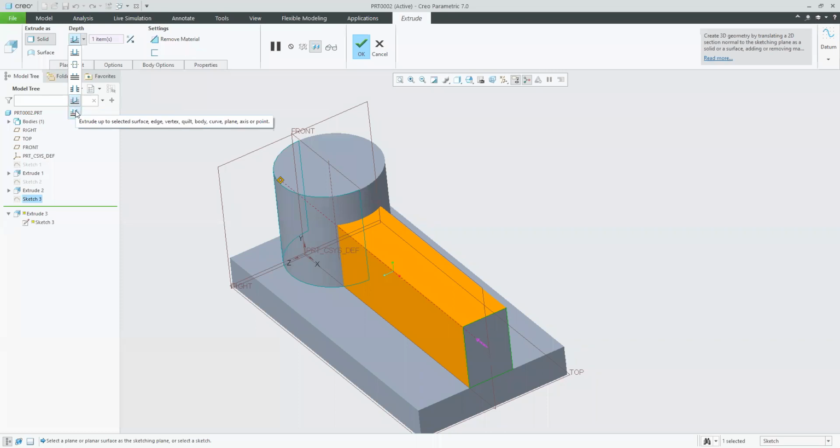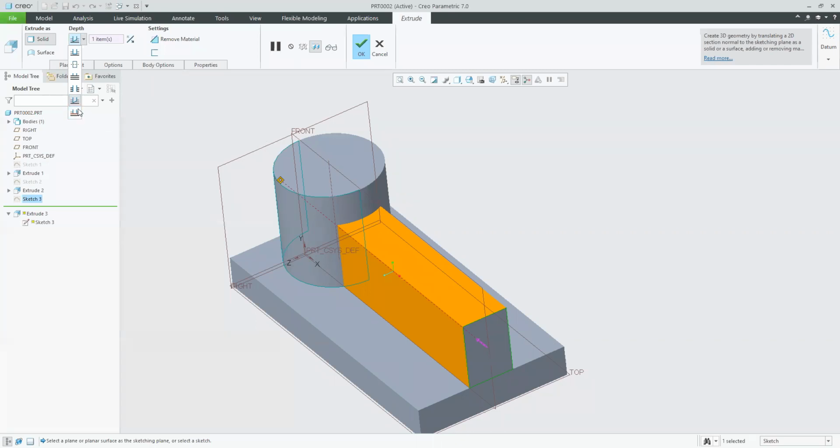with selected surface, just notice this guys, this extrusion is still a selected surface. Okay, only a surface, but this specific extrusion can go till a selected surface, edge, vertex, anything like that.